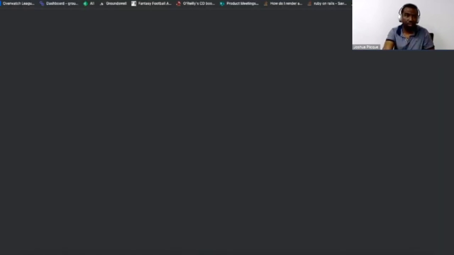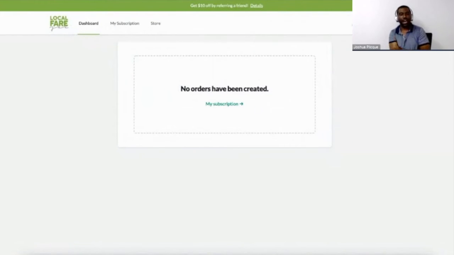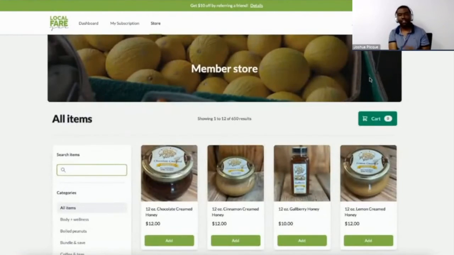Let's look at a production grade problem and how we were able to solve this at OrEquals. So I have a production application running on localhost 4000. There's this client that we have. I live in Jacksonville, Florida, which is in the southeastern corner of the United States. And there's a company that delivers groceries from local farmers to your doorstep. They really took off during the pandemic because the lockdowns came and everybody was trying to get groceries, but nobody was trying to go to the grocery store.